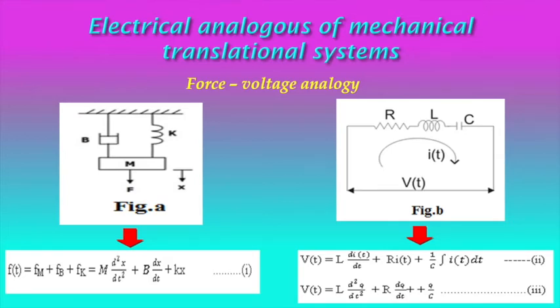The rule for drawing the analogous circuit can be stated as: each junction in the mechanical system corresponds to a closed loop which consists of electrical excitation sources and passive elements analogous to the mechanical driving sources and passive elements connected to the junction. All points on a rigid mass are considered as the junction.